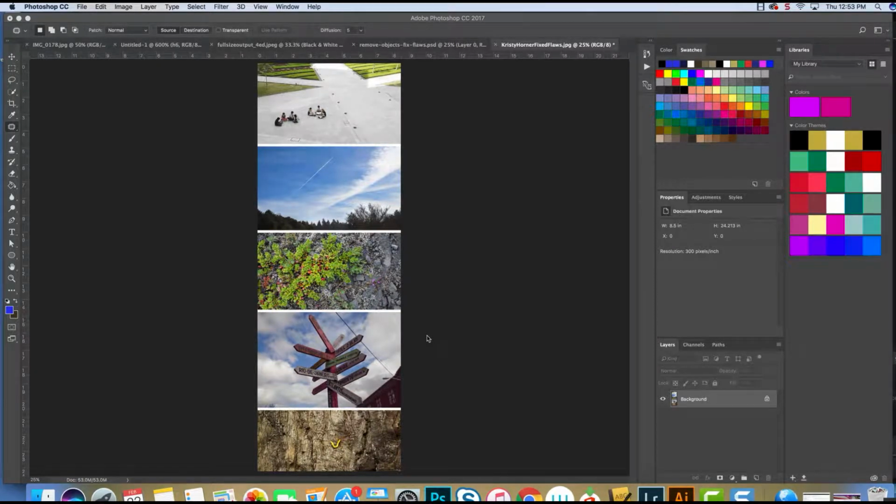Hi, in this video we are going to talk about fixing some flaws in Photoshop. So here I have my document open that I supplied for you in Classroom. It has 5 different pictures all together. So we are going to start on this top picture and move our way down using different tools to fix